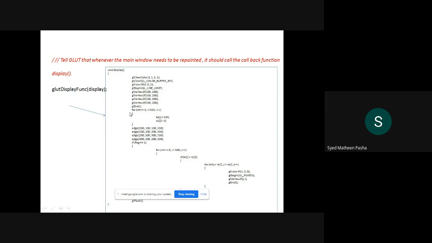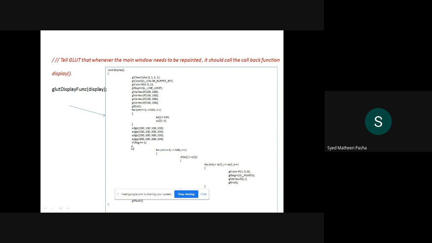If this is the case, then it will be assigned to 500 and the second position will be assigned to 0. And after this, the edges are defined where you want to fill the color in that particular polygon. All the four edges with respect to those parameters have been defined here.